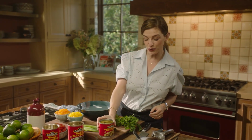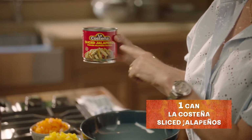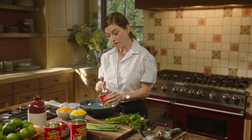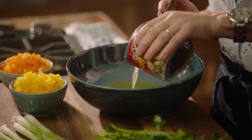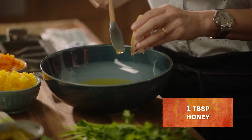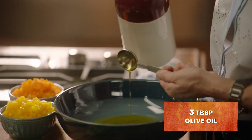I'm gonna start by making the dressing that's gonna coat the charro beans, and I'm gonna use both the brine and the chile of the pickled jalapenos in brine because this pickling brine is delicious. It has a base of vinegar and spices, and it has all of the flavor from the chiles just sitting in there. And then I'm gonna add a tablespoon of honey, about 3 tablespoons of olive oil, and then I'm gonna add